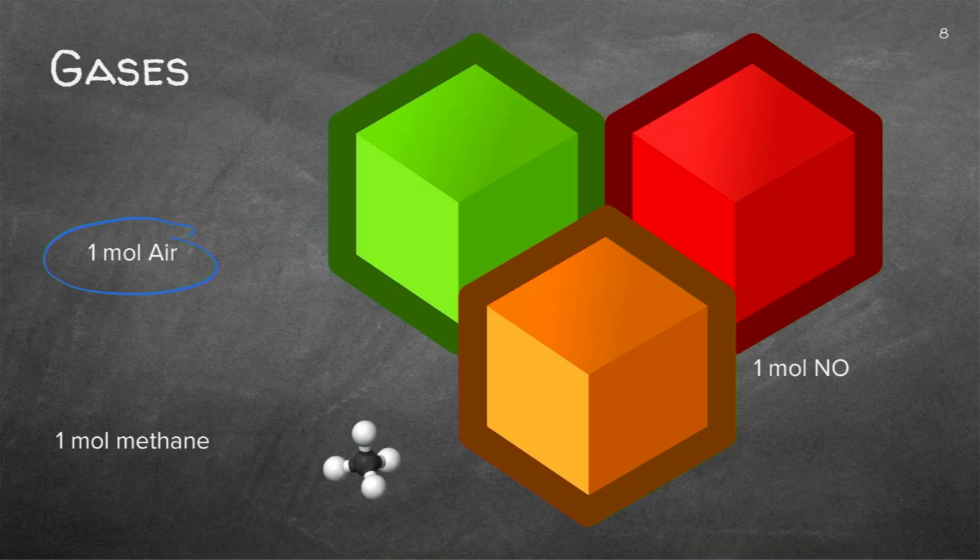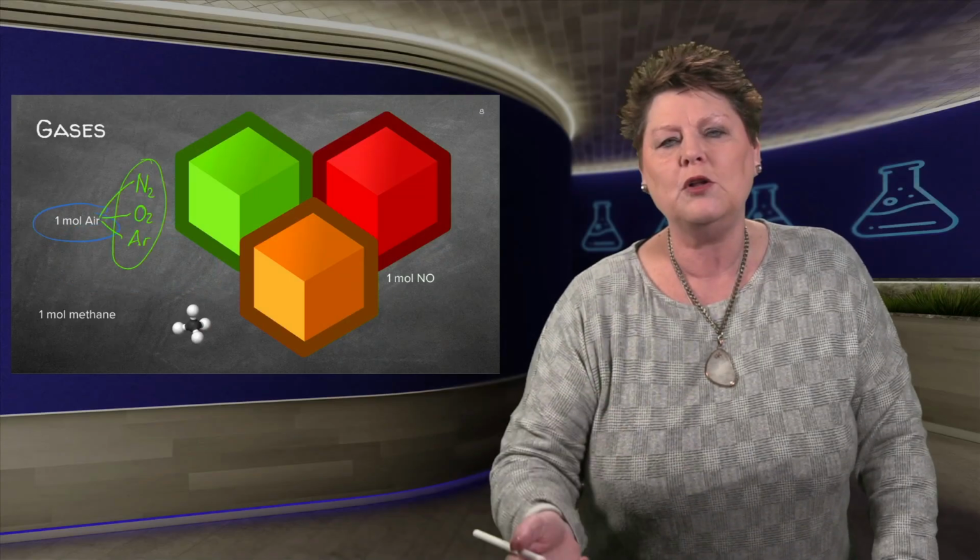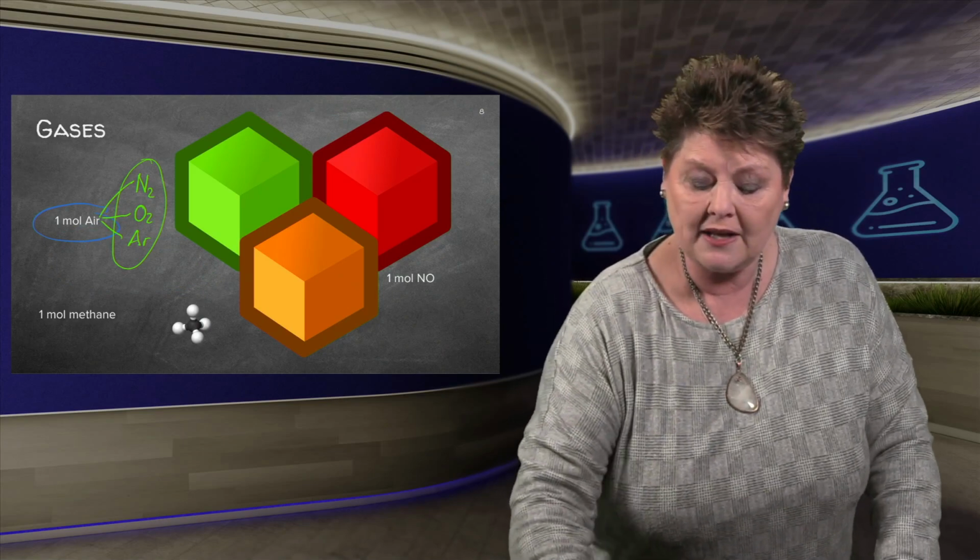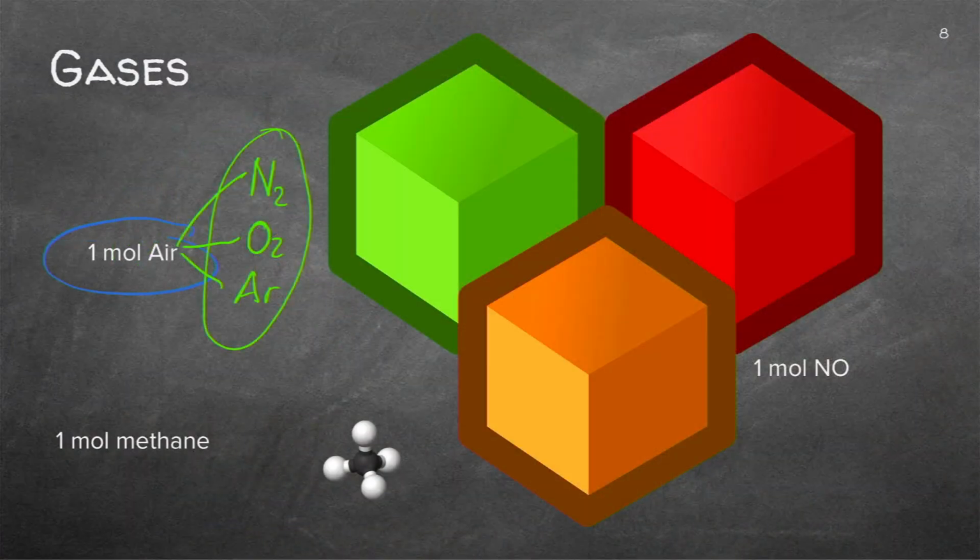Right, we've got a last picture of cubes. I've got air. Now you know air is around us. That is actually nitrogen gas, it's oxygen gas, it's argon. There's quite a lot of gases that comprise air. And you can go and have a look in your books. It will be there. Google it, and you can see there's a few gases making up air. The one thing we are working with now is the fact that it's 1 mole, and because it's 1 mole, it is 6.02 times 10 to the 23 particles, and the volume of that will be 22.4 cubic decimeter.